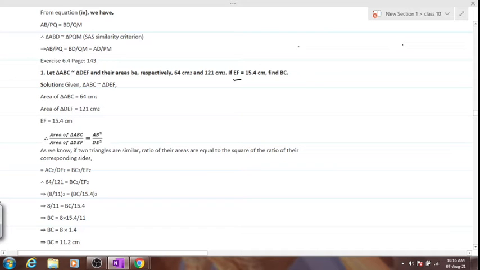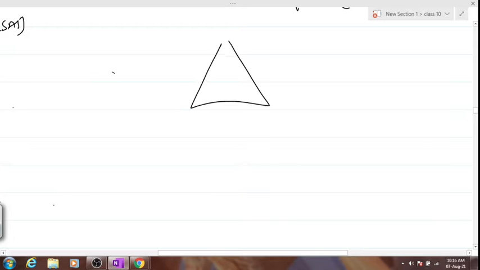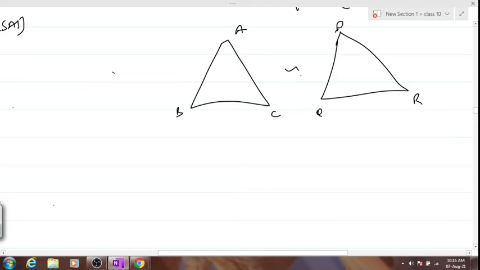So we have given the introduction for triangles, areas related to similar triangles. I hope people have revised that. Can anybody recap what you have done yesterday? If we have two different triangles ABC and PQR, and they are similar, what will I say about the area of triangle ABC divided by area of triangle PQR? Anyone in the class who can say?